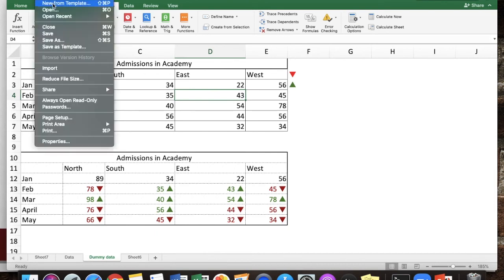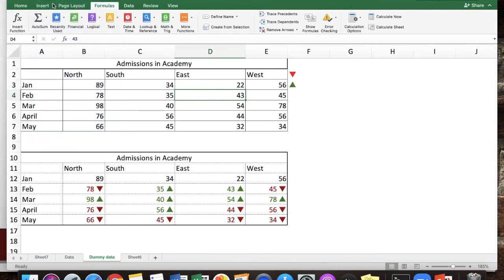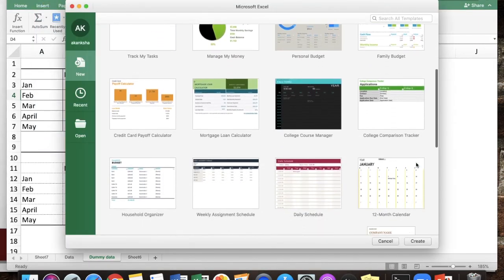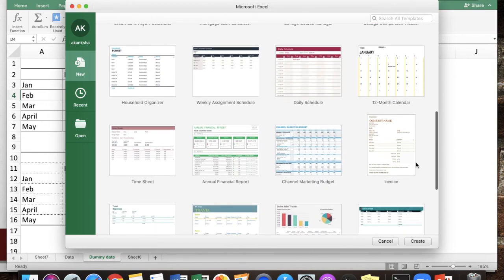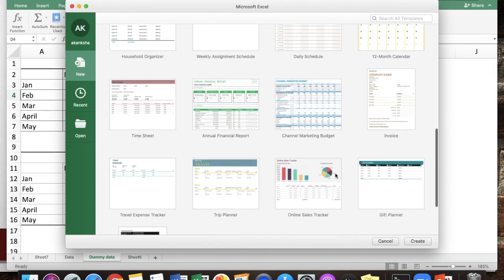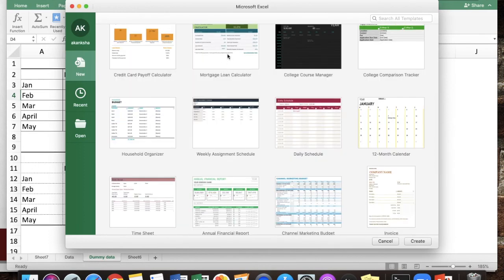You will get the same thing in Windows also. Select it and you can see there are various templates here predefined by Excel. So annual financial report, channel marketing management, sales online tracker, mortgage loan calculator.